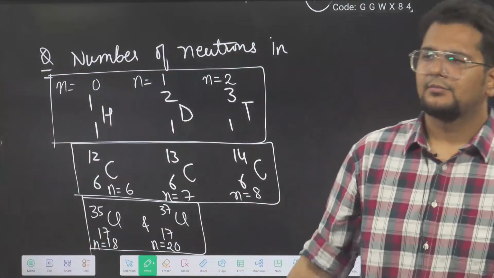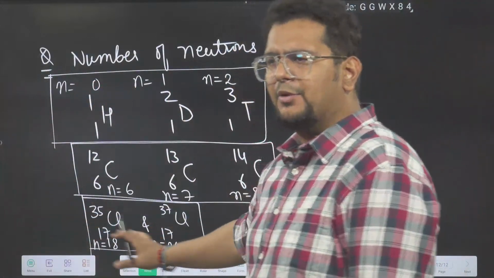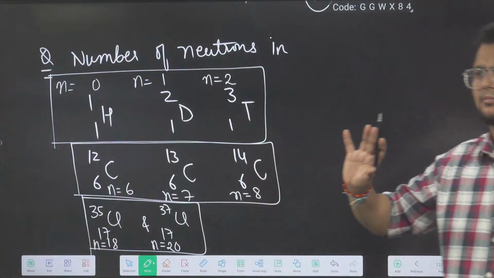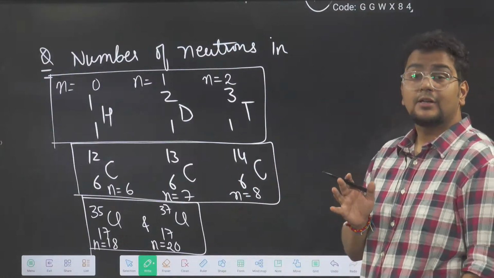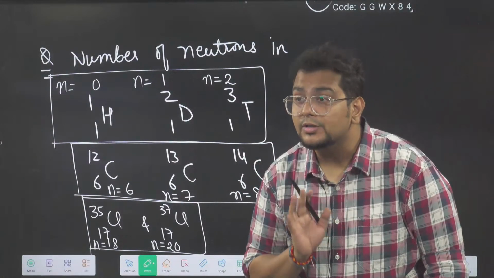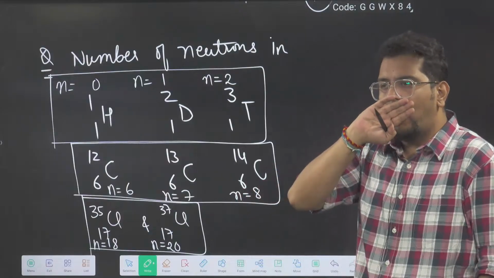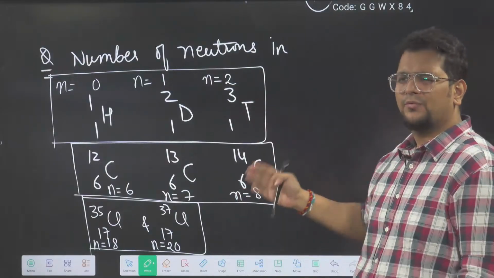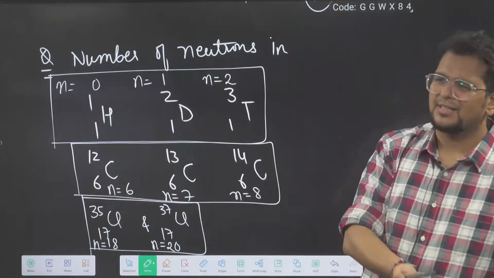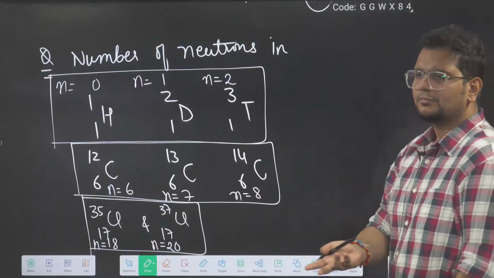Say bhai, is everyone comfortable in finding the number of neutrons now? 1, 2, 3, 4, 5, 6, 7, 8, 9, 10. 10 examples done bhai. How many do you need now? Now,